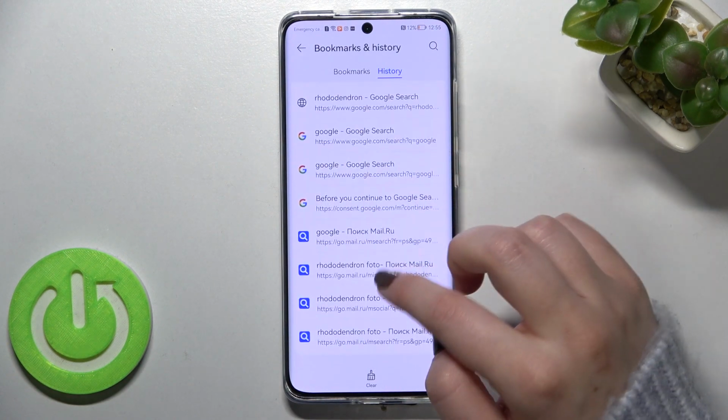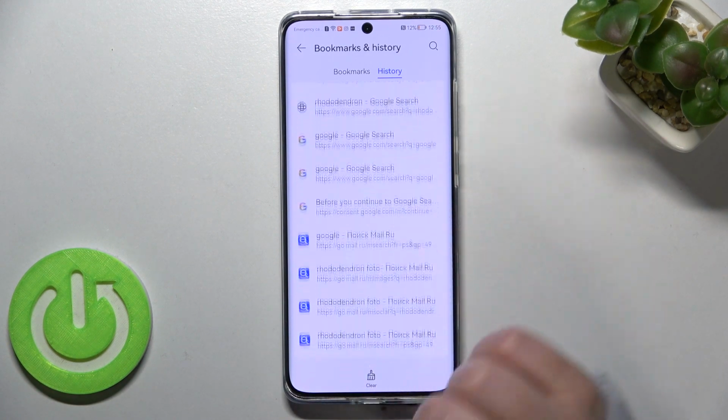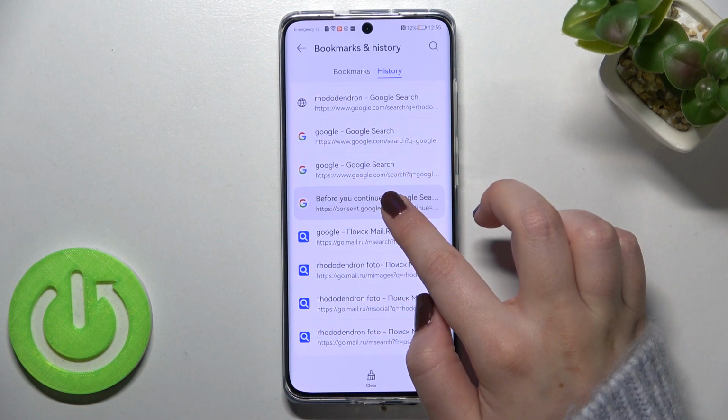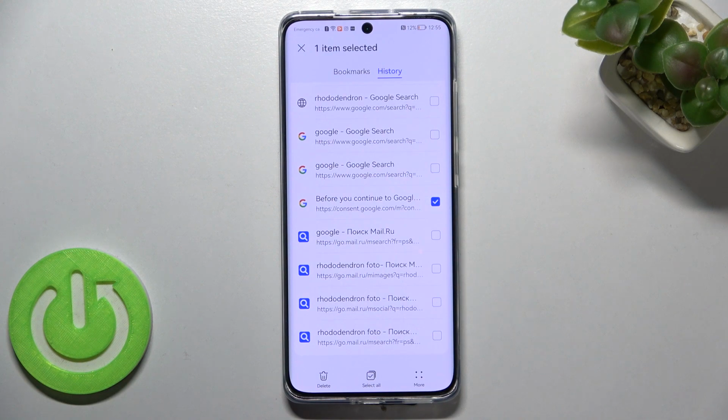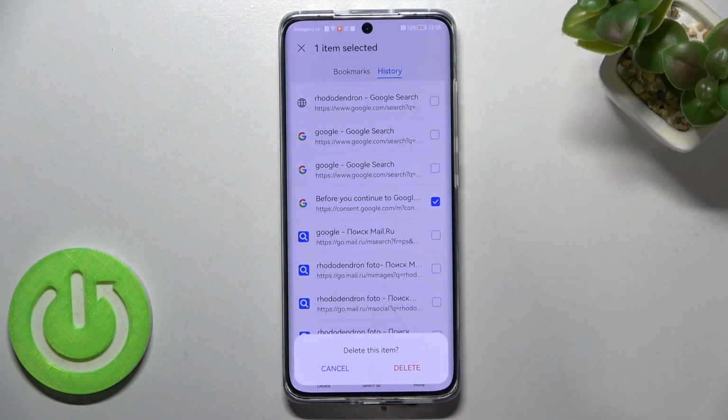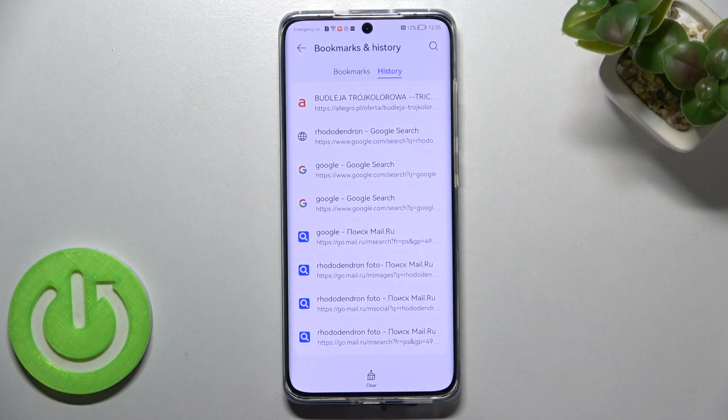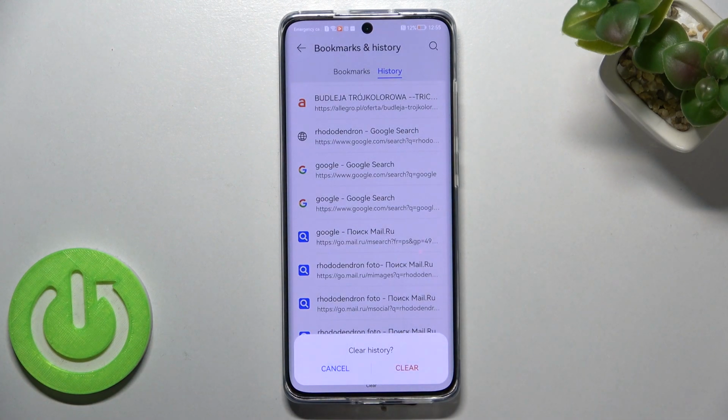And as you can see, this is the list of all previously opened websites. Of course, you can tap on it, hold it, and you will be able to mark the particular websites which you would like to remove, and simply tap on delete. You can do it manually, of course, but if this list is so wide, then I highly recommend to simply tap on clear here. Your device will simply ask you if you want to clear the history,